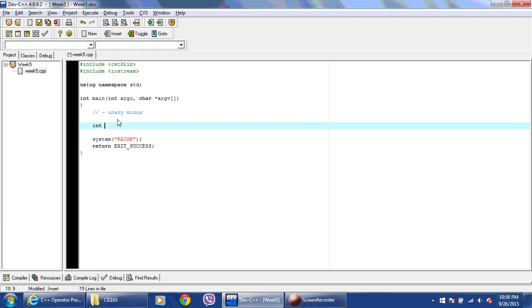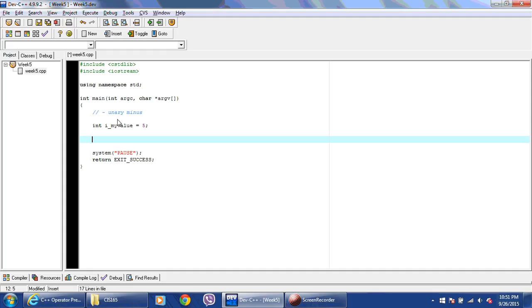So for example, if I say int my value, and I do cout my value, I can do this, and that just basically will negate the value 5, where I can say minus that plus 10 times 2. So what that's going to do is turn this into a negative 5,